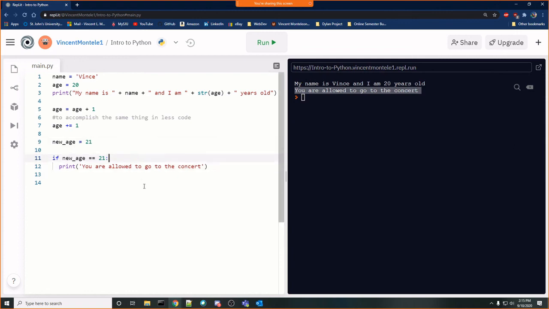One of the caveats about Python that you might notice is that in Java, if we want to go into if statements or anything, we use brackets, right? In Python, what you do is you put a colon and you use indentation. So you can see, if I press tab one time, it indents me inside of the if statement. And I could just come right out of that if statement and continue with the rest of my code.